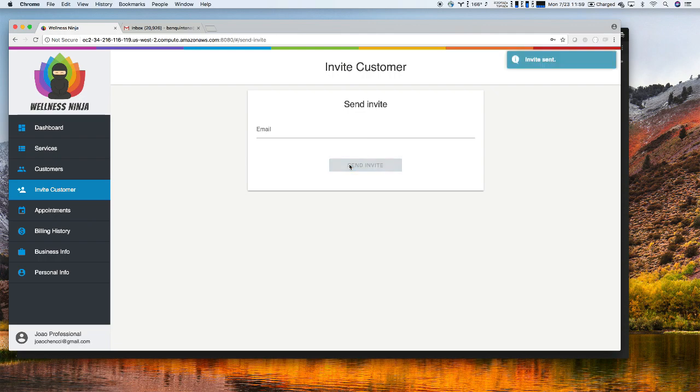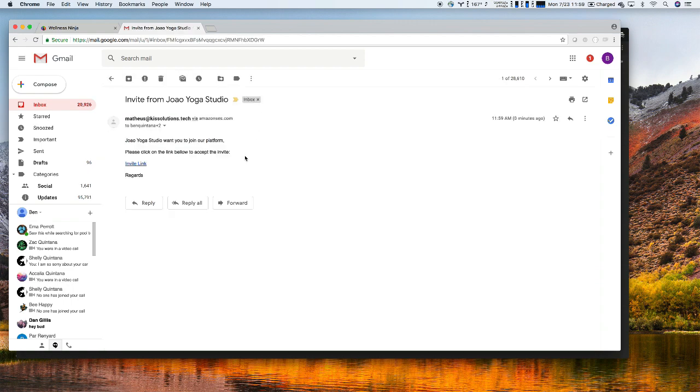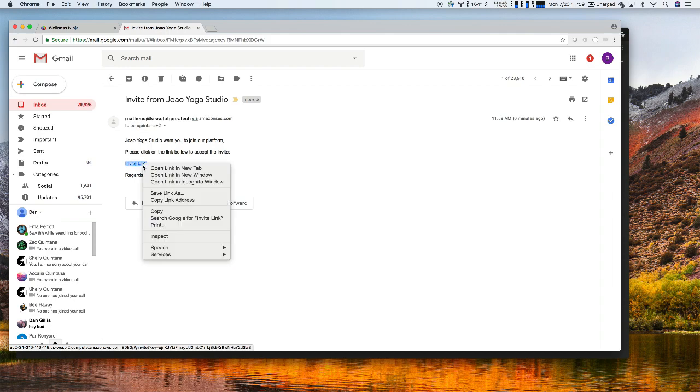So I'm going to hit send invite. Wait a second, it will say invitation sent. I'm going to go over to my inbox here, and I see that I have an invite from Joao Yoga Studio. Now, these templates here are fully customizable by the professional, so you can say whatever language you want in any of the messages that we send. The reminder messages, the cancellation messages, the booking messages, the invitation messages, all of this text is fully customizable by